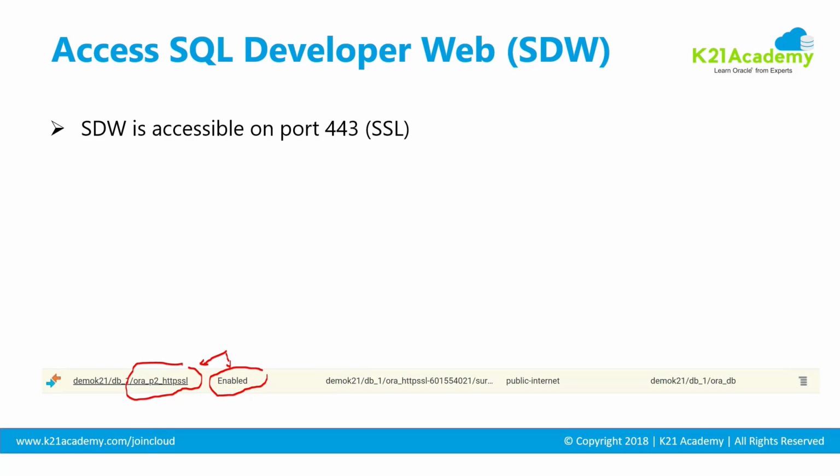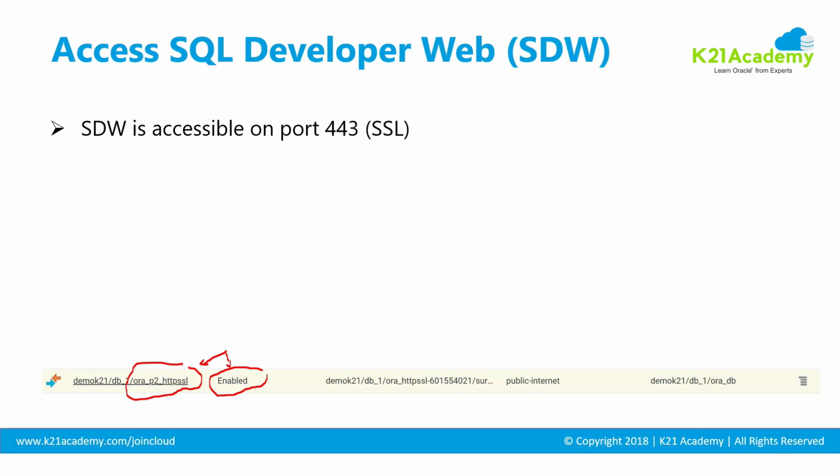Now, how do you access this SQL Developer Web? It's accessible on port 443 on the database cloud service. Right now I'm talking about OCI Classic. There are two versions of Oracle database cloud deployment: you can deploy it on OCI or OCI Classic. If your database is deployed on OCI Classic, then you need to enable port 443. There's a default rule that comes out of the box. You need to go and enable that rule to allow port number 443 if you want to access it over